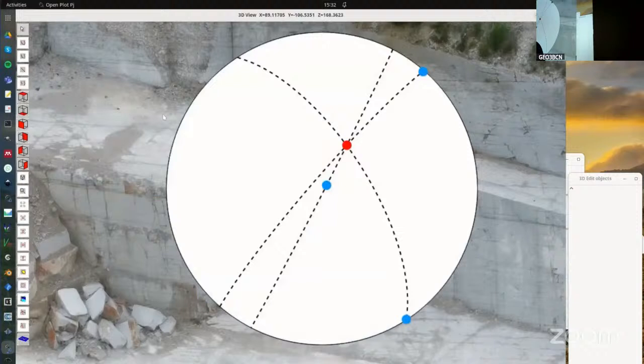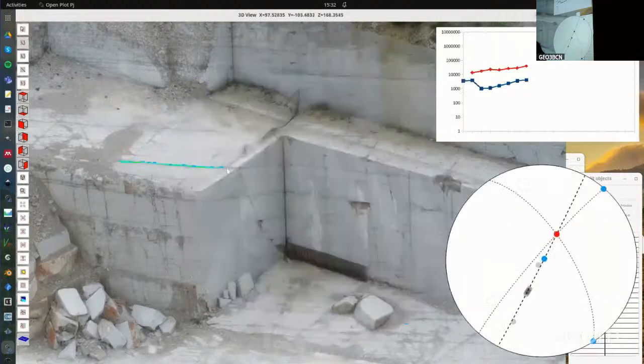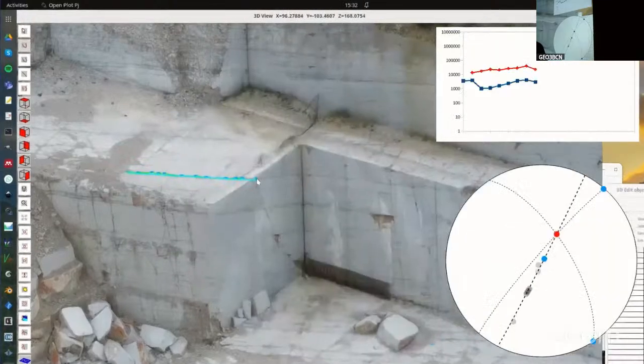Okay, that's important. If I connect the poles, I have those kinds of great circles. Okay, they are important. Let's store them for a while here. Now I start to pick the trace of my geological surface here. What happens is that, of course, the pole is not here, but it's just lying here. Then I add another point, and still the best fit pole lies along this great circle. And again, and again, and again. Okay, I start to have a meaning